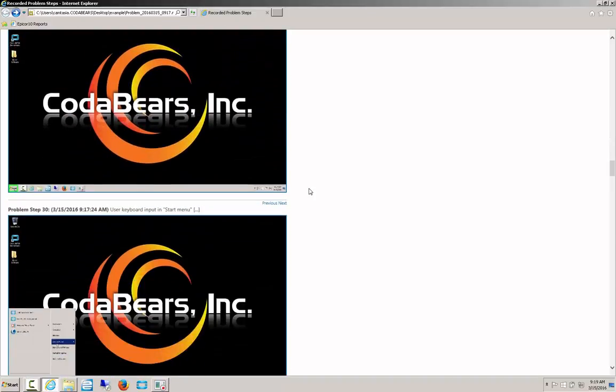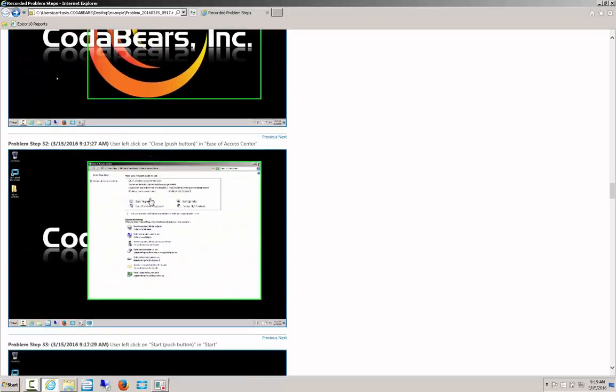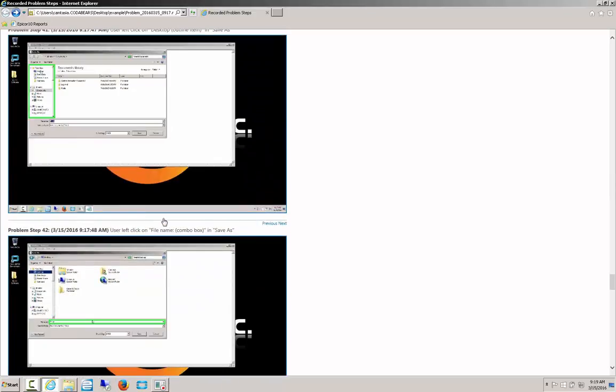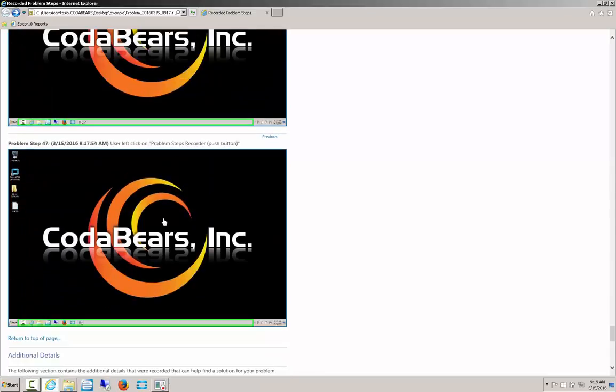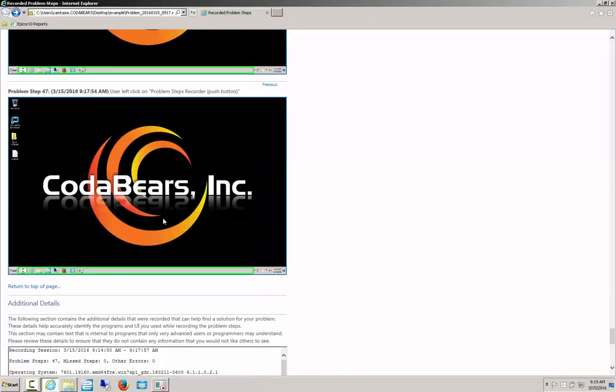As you can see, when I closed the window, it went back to this desktop, and then followed as I opened up Notepad, saved my Notepad file, and then went back to the desktop to stop the recording. Each time, the little green outline here shows us where we were focused at that point in time when we